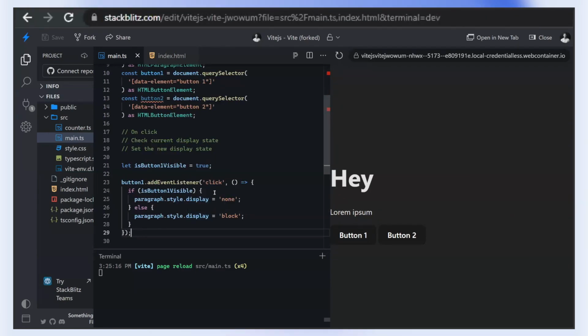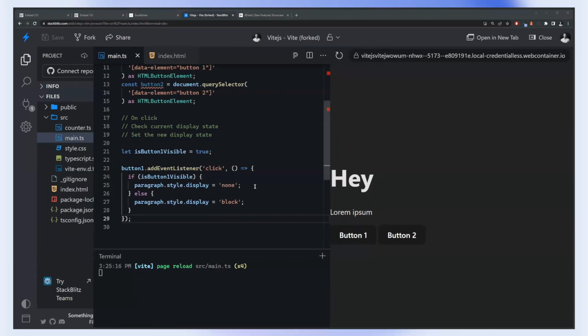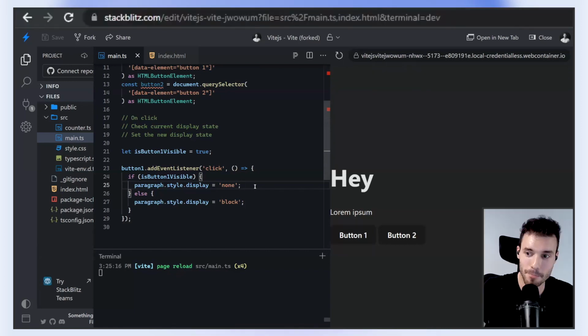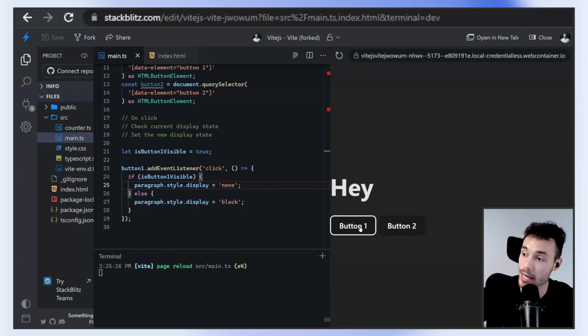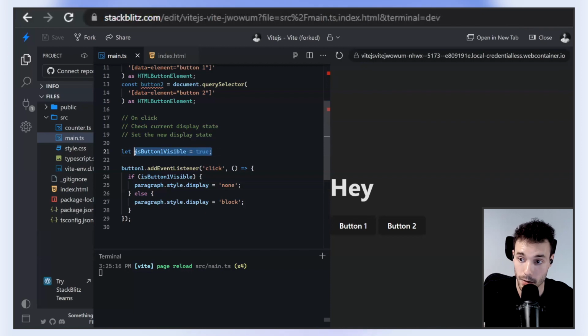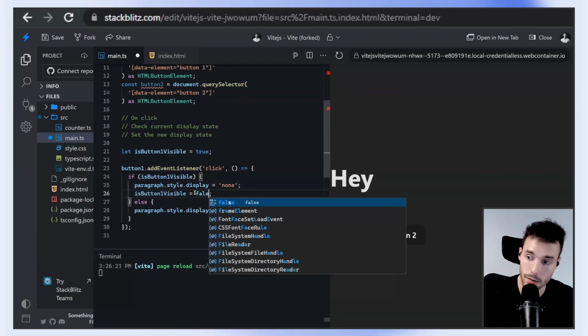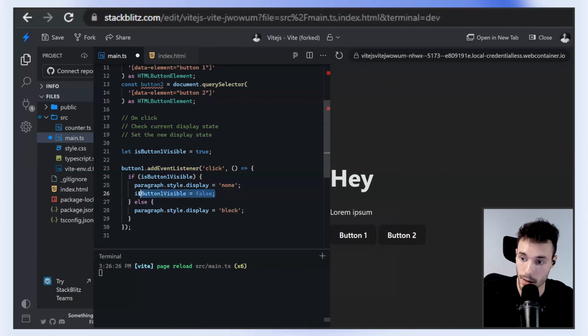Okay, cool. What's missing here? The visibility for the paragraph is not being controlled, meaning that now I can click on the button, but it just works one time. Then if I keep clicking on it, it doesn't do anything. And that happens because we have to update the condition,